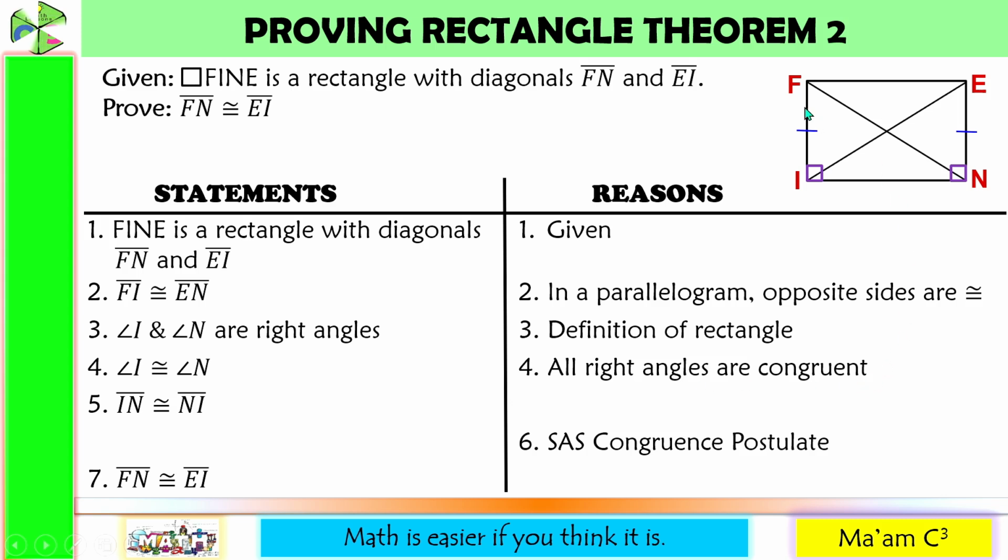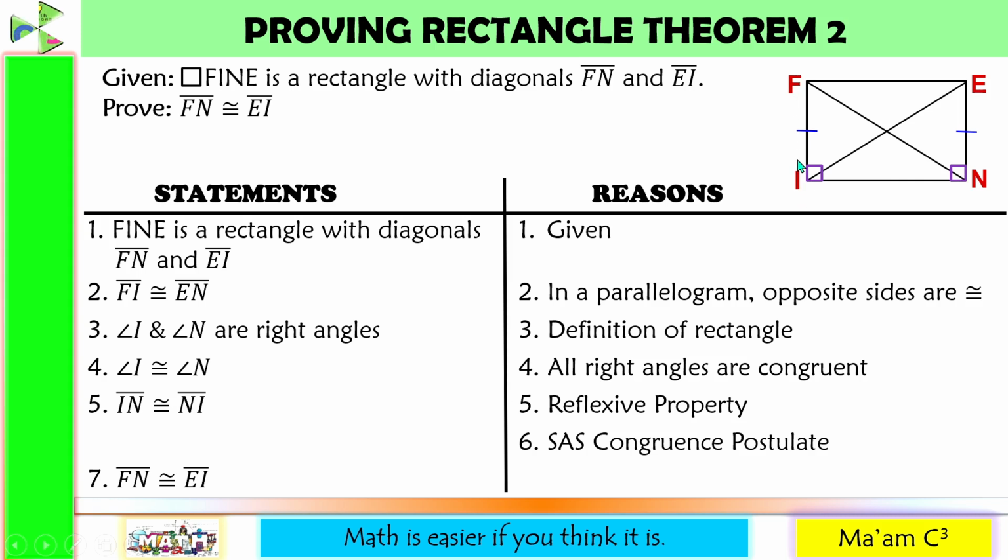Okay, let us examine. We have side, angle, side, angle. If you look here, side angle side, meaning we have to look for another side that is congruent to both triangles. And it's already here. IN is congruent with NI. We just have to supply the reason. And the reason for that is the reflexive property. A quantity is equal to itself.